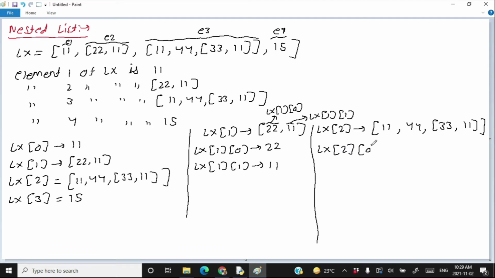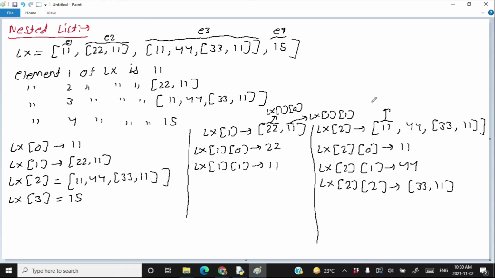LX2 0 is 11. LX2 1 is 44. But LX2 2 is a list again, 33, 11. So we can say that this element of LX2 is at the 0th index. So this is LX2 0. This is LX2 1.